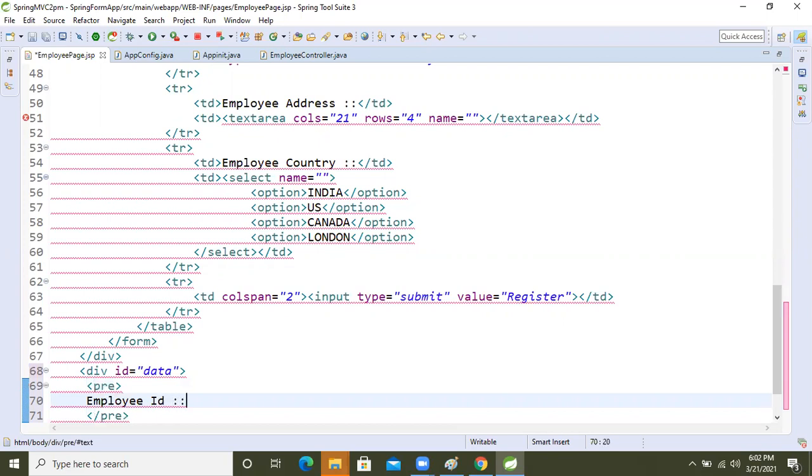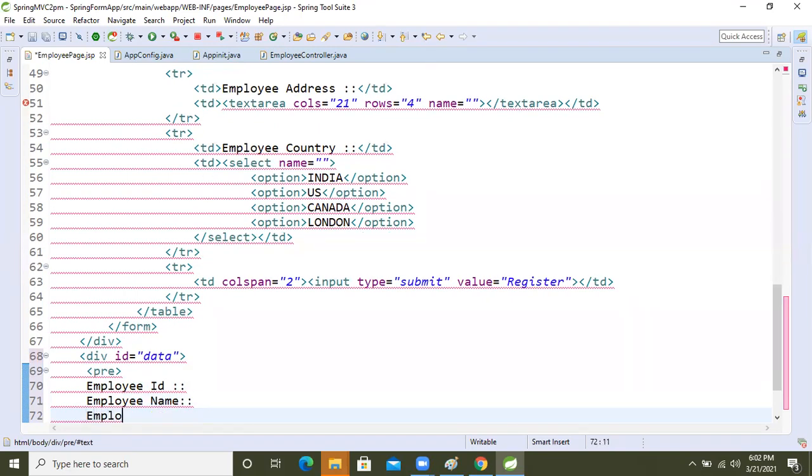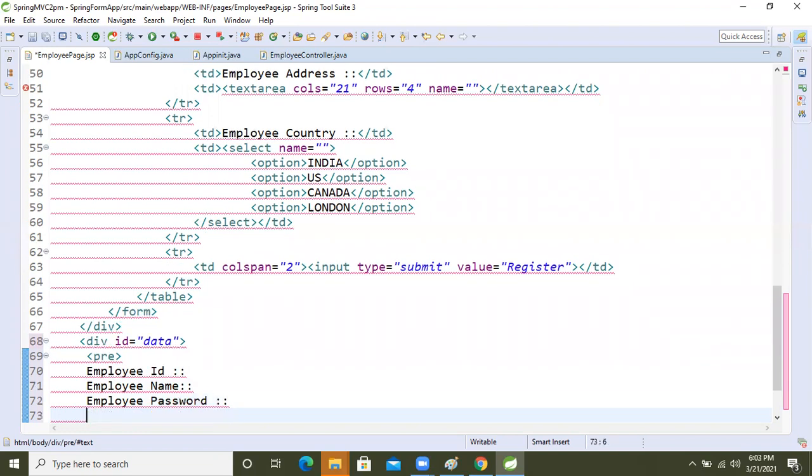After that, another one, employee name. Then employee password. Employee password.